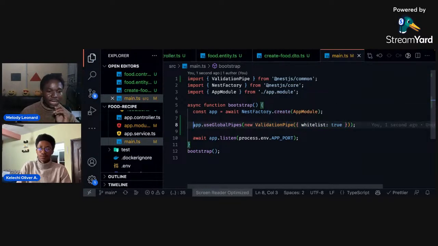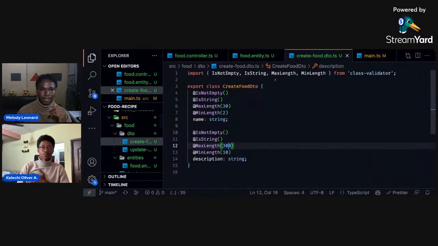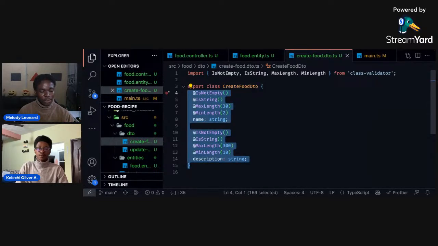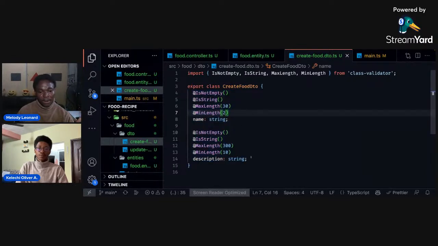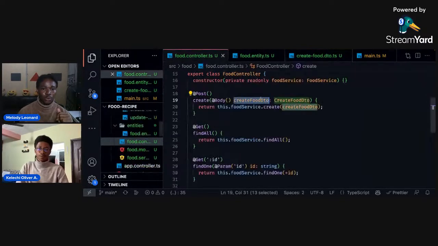So now what happens is that for my DTO, the validations provided in this class validation are always going to be used by NestJS. If you have something that is not in here, NestJS is going to blacklist it. So only these variables, description and name, are going to be whitelisted. If I make an API call, and we'll test this out real soon when we are doing a Postman call,